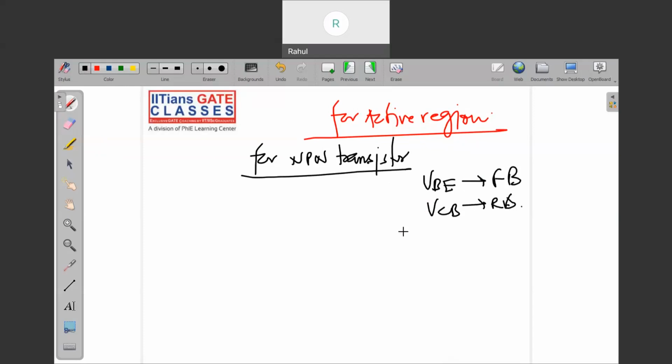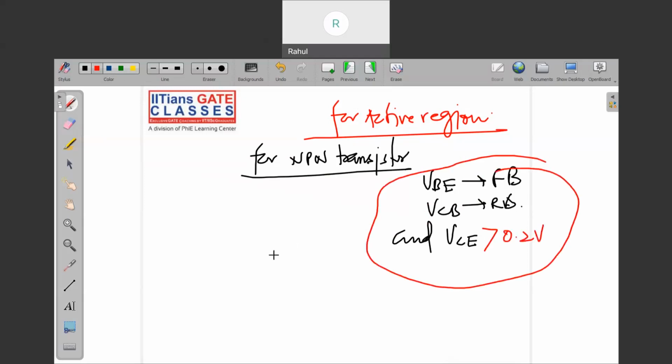And one more important point: your VCE, the potential between collector and emitter, must be greater than 0.2 volt. This is very, very important. If you can successfully identify that your NPN transistor satisfies these three conditions,